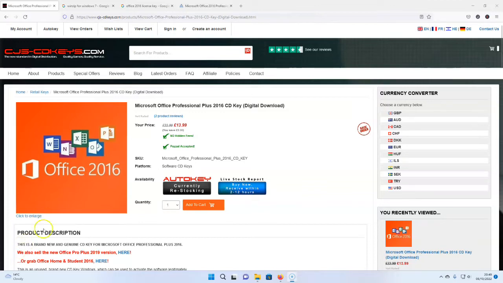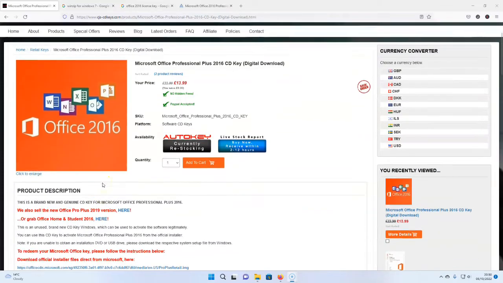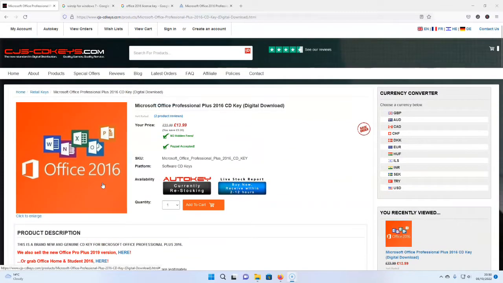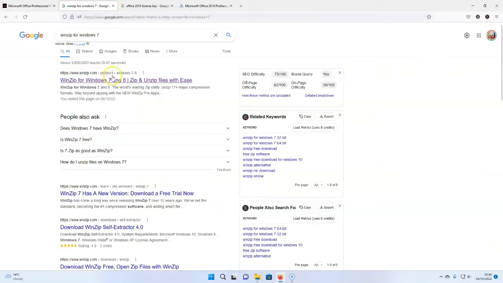And in the first part of the video, what we're going to be doing is, first of all, downloading a version of Office 2016. And then after we've downloaded that, we're going to be downloading a free piece of software called WinZip, which will help us to actually install the download of 2016 onto our